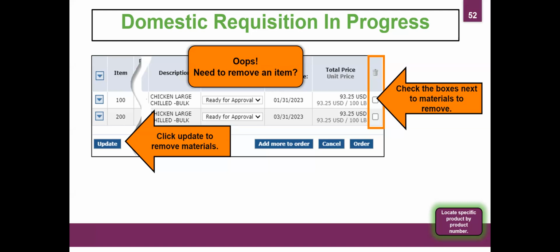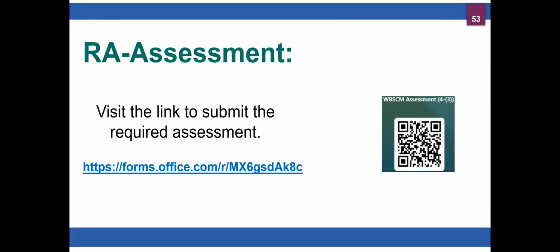But once you get in, it's pretty easy to navigate and work through. So you can click the box next to the trash can, and then remember that update is kind of like the save button. It just updates the screen, and then that would remove that item off of the requisition.